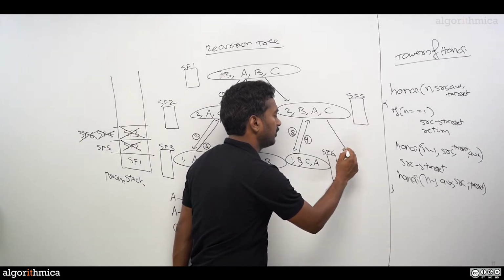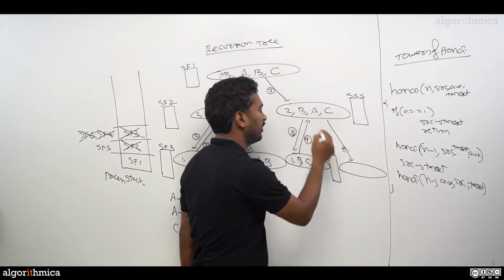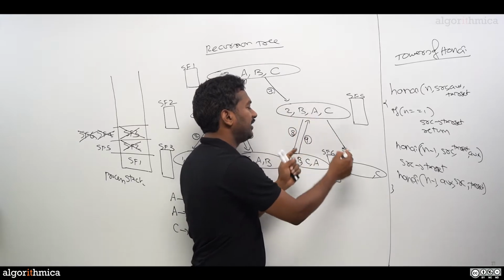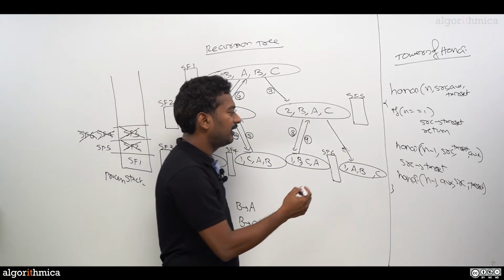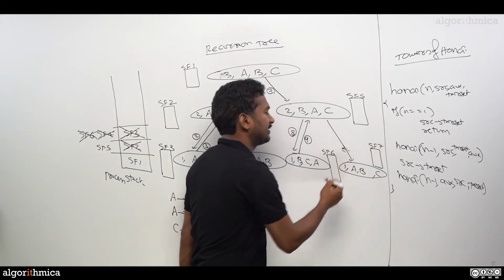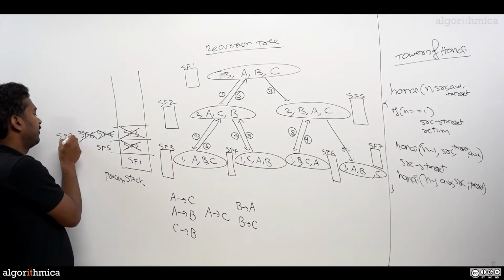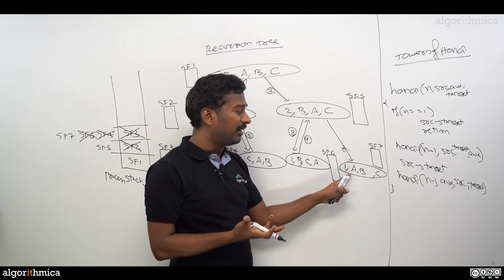So this call here is going to be n minus 1, which is 1. So target is C only. These two get interchanged here, A comma B. Again, to execute this, we need a stack frame. Let me create a stack frame called SF7. So I'm going to push SF7 here. After pushing it, you can execute this body. You have all the memory required.